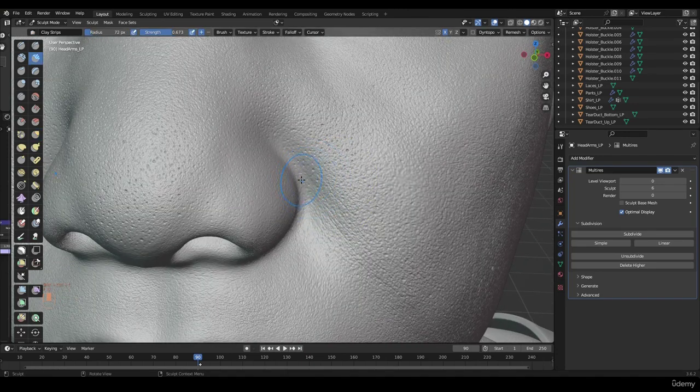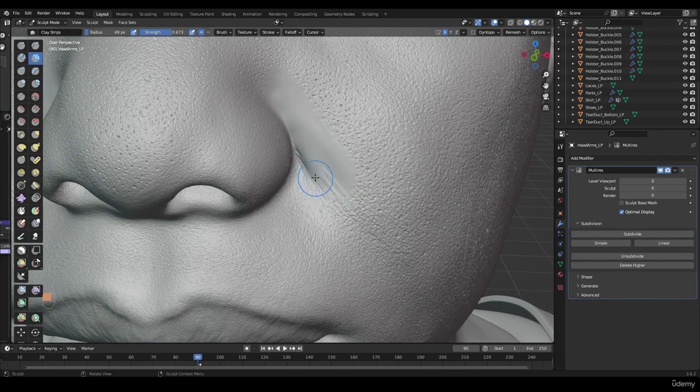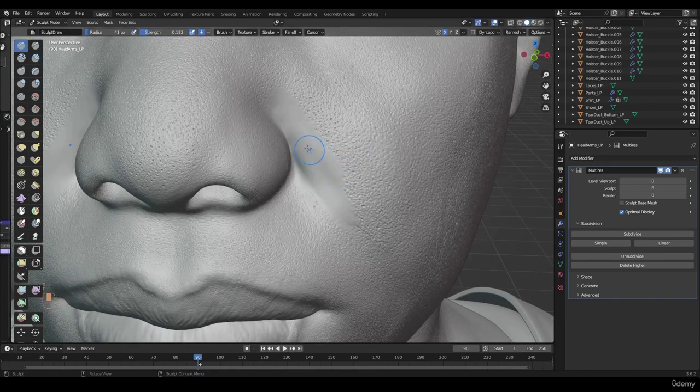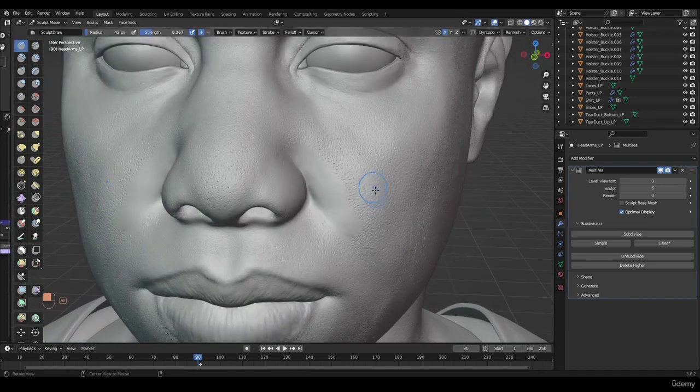I'm going to go to my clay strip brush. Add some clay here. This is where I'm actually going to go and add back the pores, the holes here. Smooth it. Smooth it. And smooth it. And onto my draw brush. Okay, so